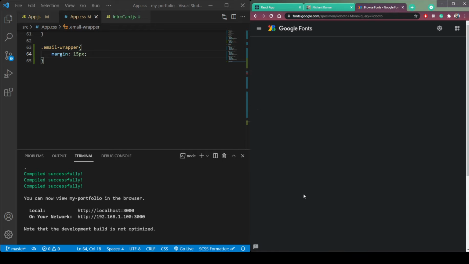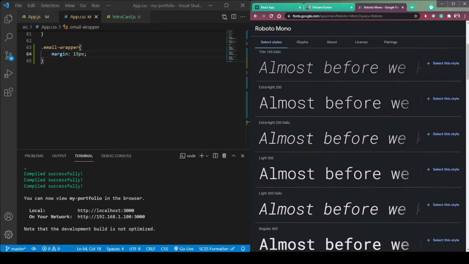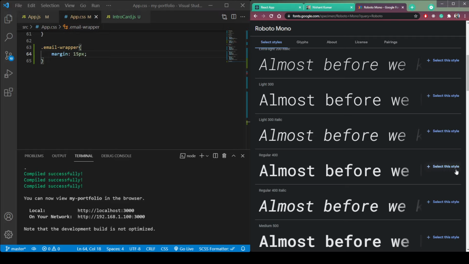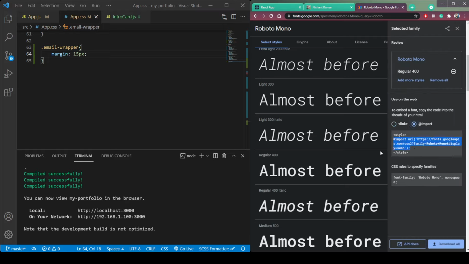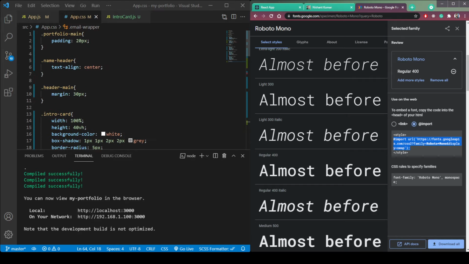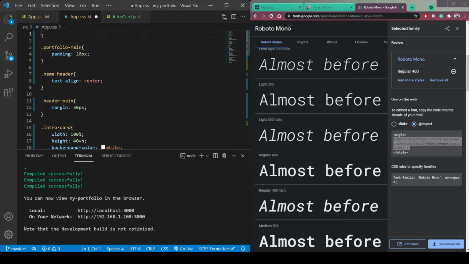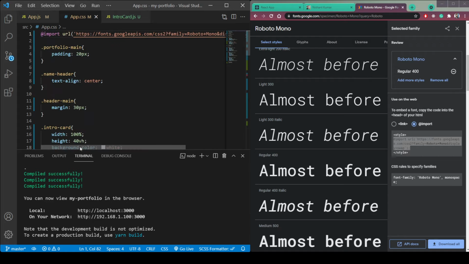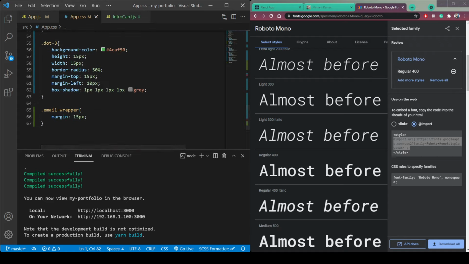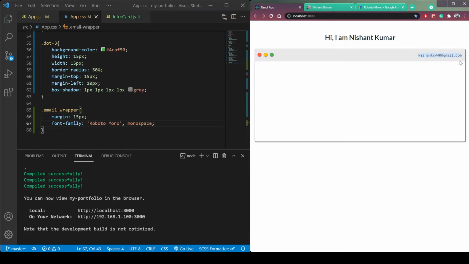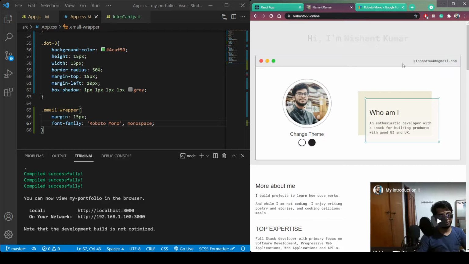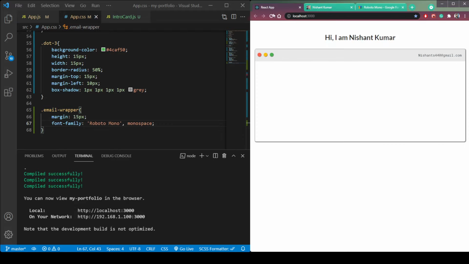Roboto Mono, this one. So let's say we will use this regular font. Select style, click import and copy this import. Paste it at the top in app.css. Then copy this font family and then place it inside this email wrapper. As you can see, this font family is just like this source.